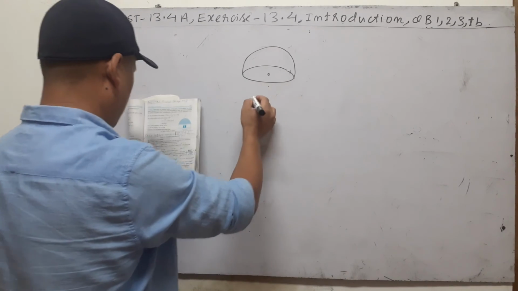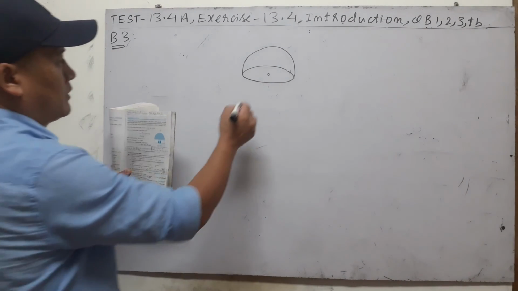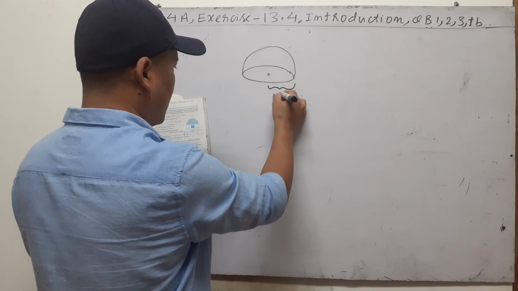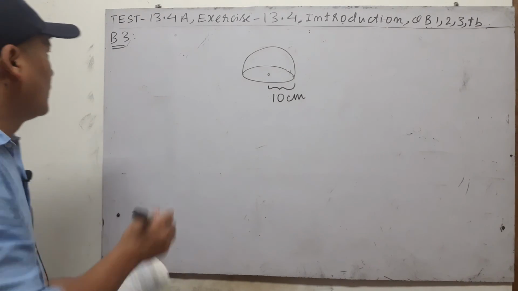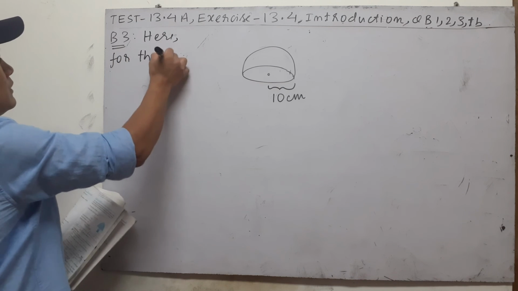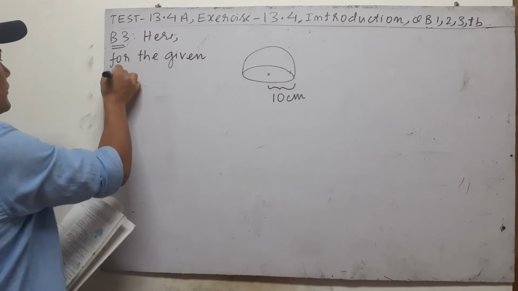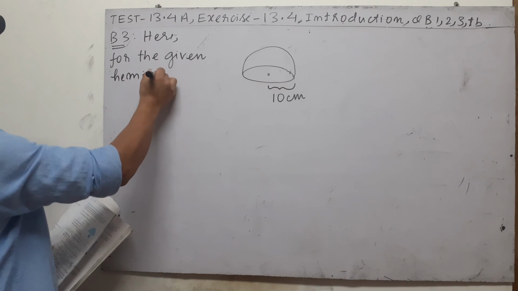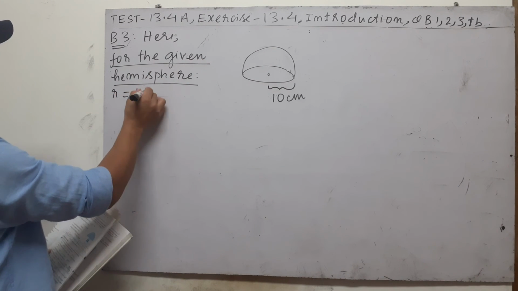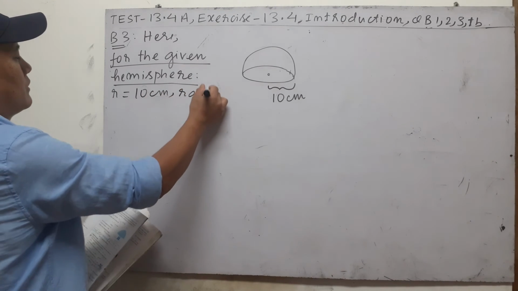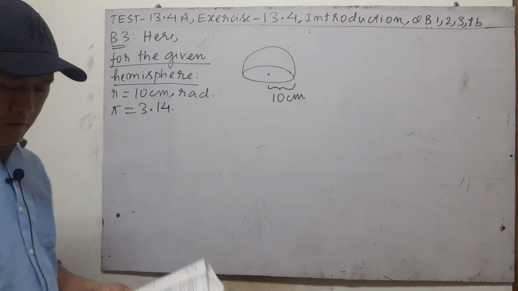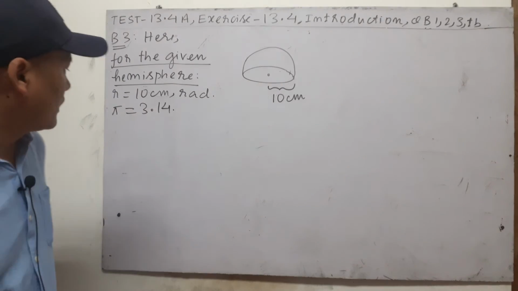Radius is given. So radius means from here to here. From here to here is diameter. 10 centimeter. So we can write here, for the given hemisphere, R radius is equal to 10 centimeter. Is its radius. Pi, we should not use 22/7. Clearly, question is saying use 3.14. Therefore,